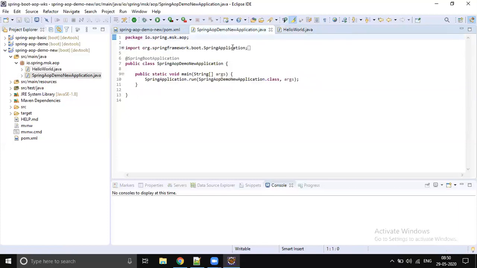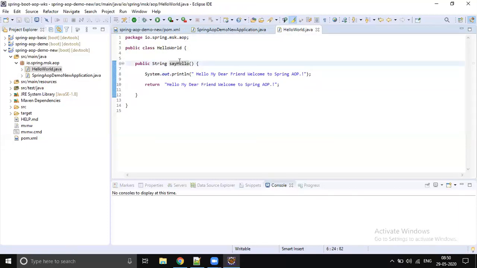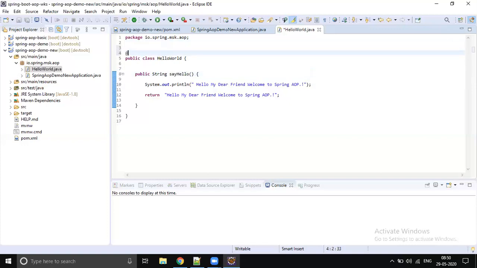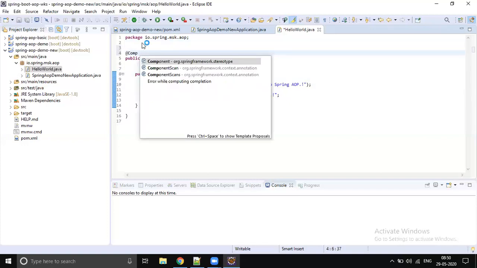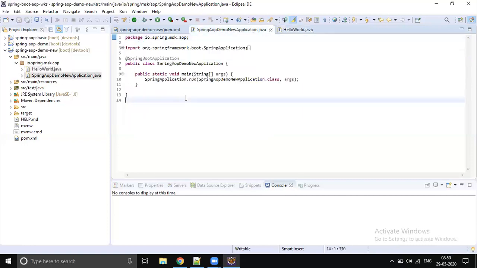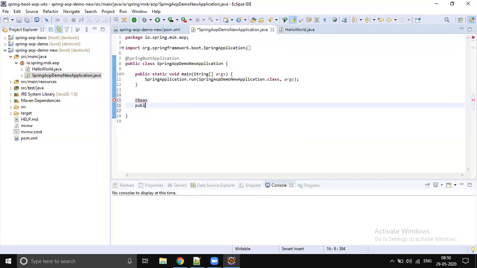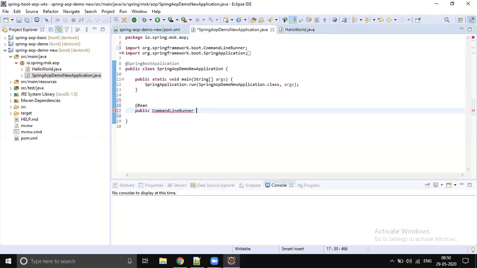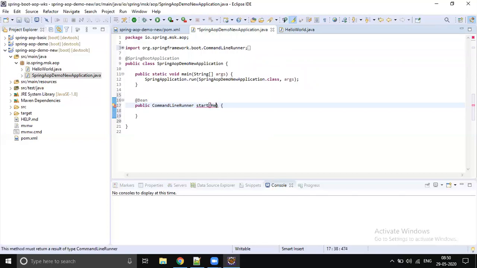So let's call this method by using Spring. Yeah, we are doing this for so many days. Let's annotate with component, right? So it's better to use CommandLineRunner to run an application like a standalone application. So it's going to be public CommandLineRunner start. Yeah, so I would like to get hello world injected here. Right, so let's say HW.